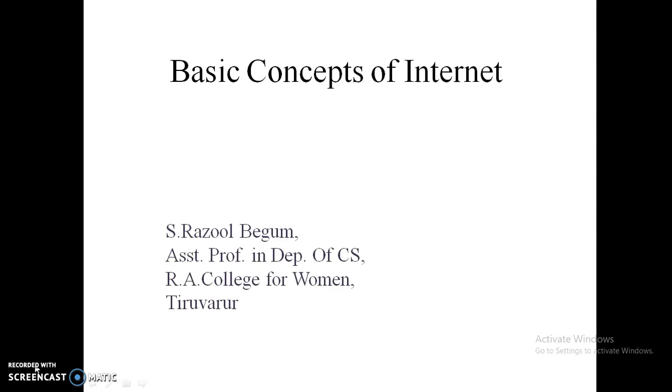In the first unit, we are going to see the basic concepts of the internet. Because the title of the paper is web technologies, this paper covers the basics of the internet and HTML and JSP, XML and ASP. These are all the tools that are used to create web pages. So today I'm starting the first unit, basic concepts of the internet. Now let's go into the topic,